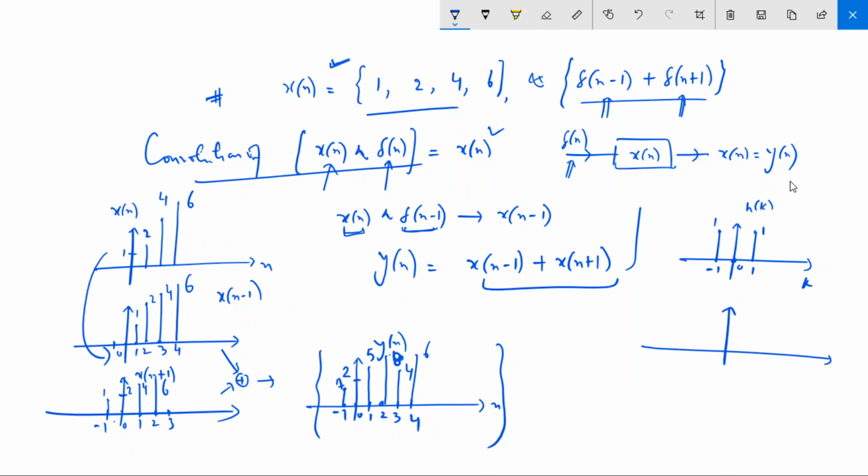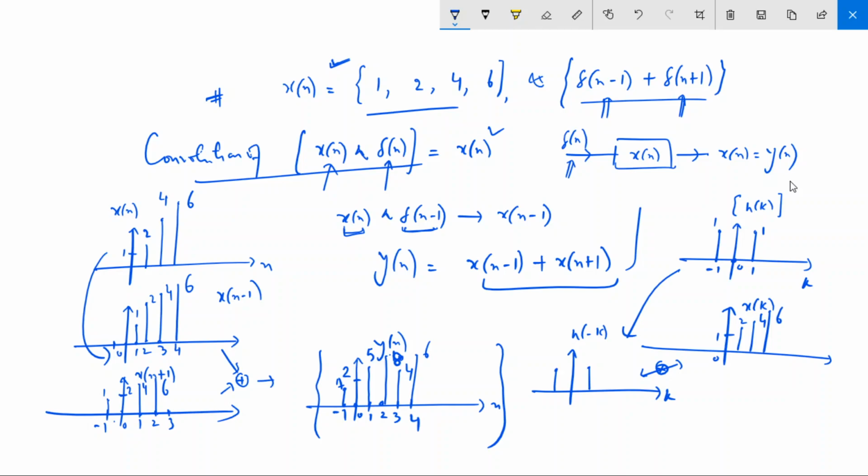The second sequence is your x of k. So at 0 it is 1, then 2, 4, then 6. Okay, then you can fold it, multiply with this, add, you will get y0. Fold, shift by 1 to the left or right, you will get y1 or y minus 1. Suppose if I fold it, I will get h of minus k, and in this case it is a symmetric function, your folded signal is same. Okay, and then I multiply these two